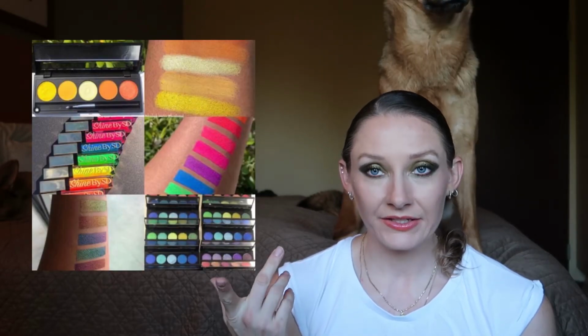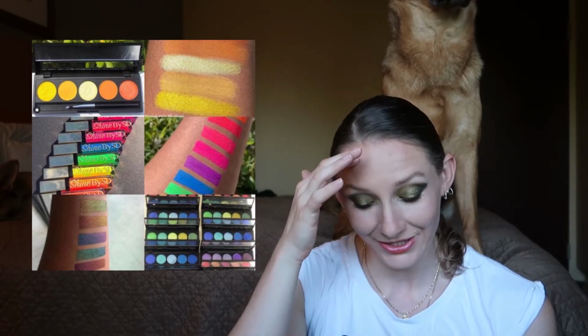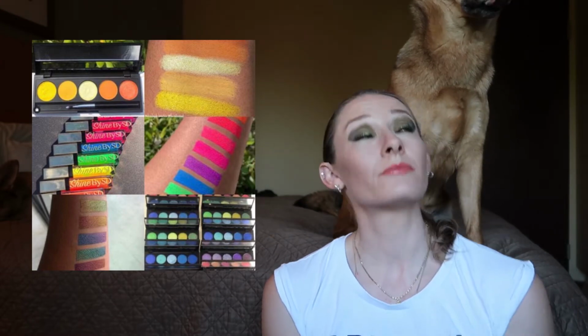Up next, Shine by SD Cosmetics. They released a whole bunch of neon liquid liners, which I just picked up a shit ton of neons, and so I don't really need this, but they look real nice. And so if you are in need of some liquid neon shades,